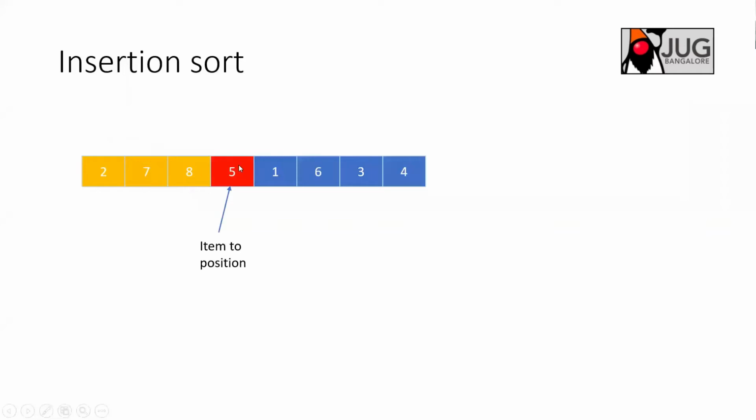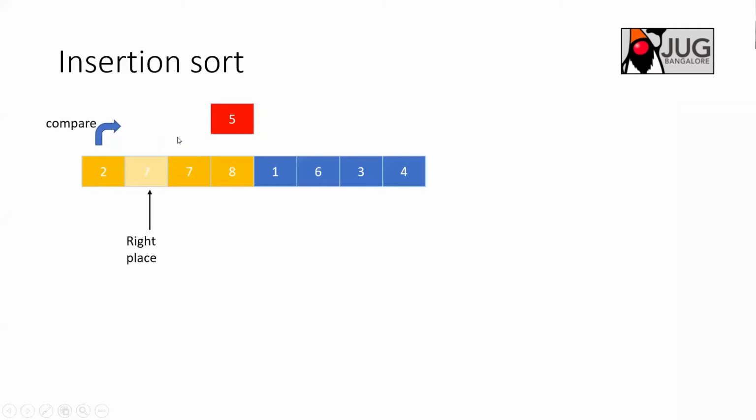this 5 as a key, that is the fourth element, and then again compare with the 8. Now you realize that 8 is greater, and 5 is less than that. So you know that 8 has to come after 5. So you place 8 in the 5's place, and then you compare 7 with 5, and again you realize that 7 is also greater. Then you place 7 in the next slot, and then compare 2 with the 5, and you realize here that 2 is less. So now you got the spot. This is the right place where 5 can be placed. Once you place it, you will have this as a sorted set.